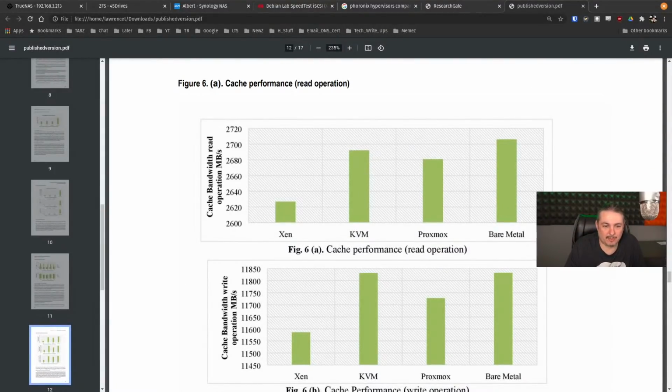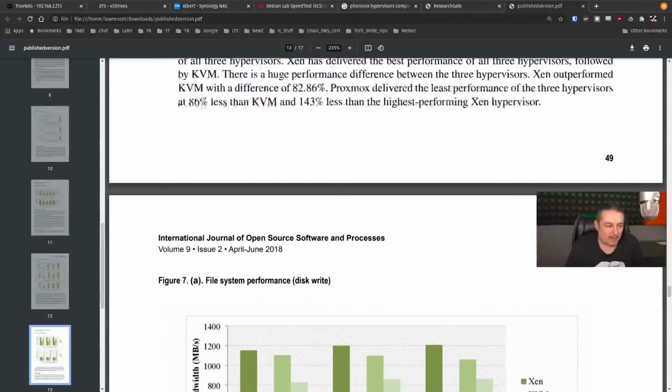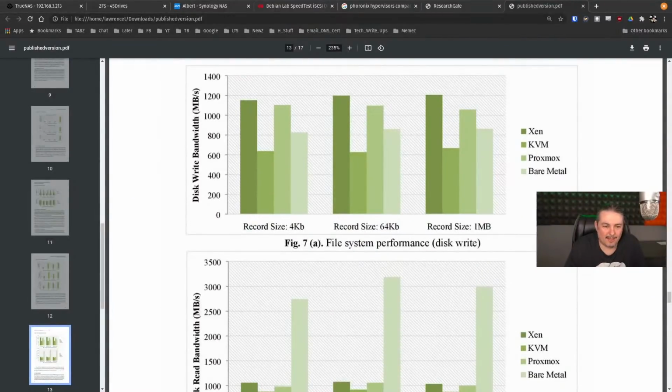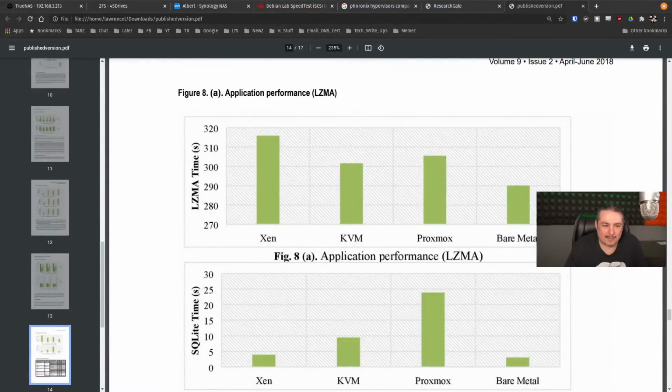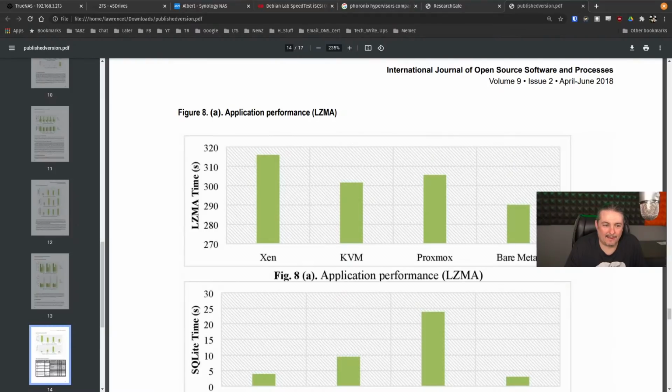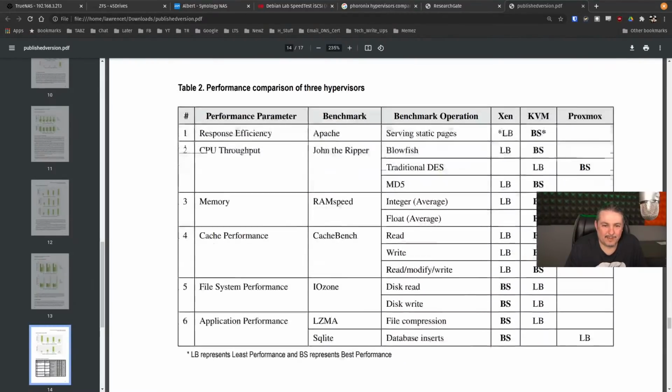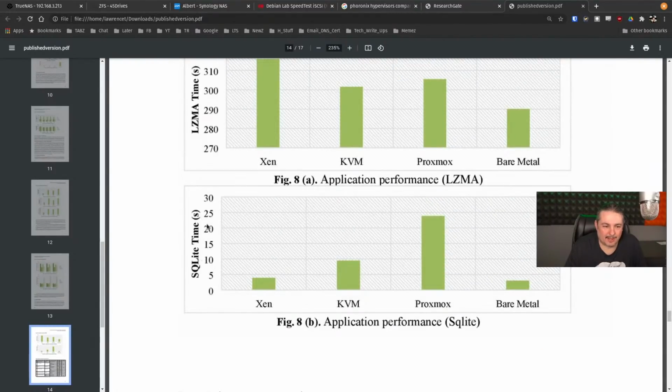Cache bandwidth, and this was done a few years ago. But they're not, this is not telling me that there's absolutely a night and day difference. There's probably certain things like this particular one. Apparently, SQLite made a difference, and